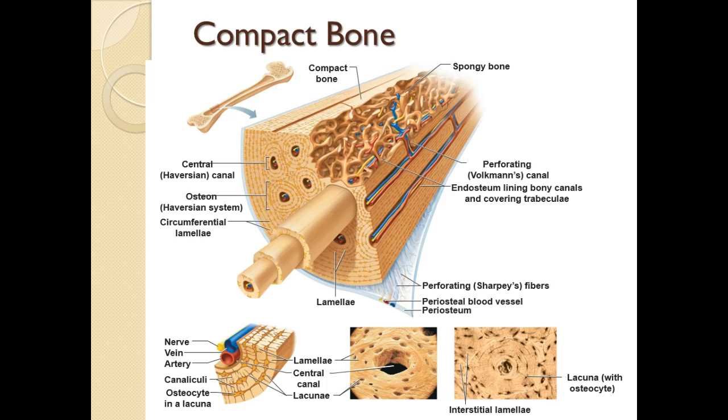So all of that in the center there, where the blood vessels are, that is the central canal of an osteon. So notice how many central canals you see on that bone. How many are there? Counting this one too. So you should see six. You should see 6 central canals. So those six central canals make up the central part of each osteon. So therefore you see 6 osteons there. You do see a few partial ones as well, but they're not complete. So the osteon itself,